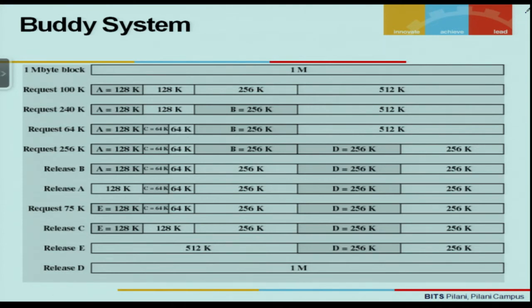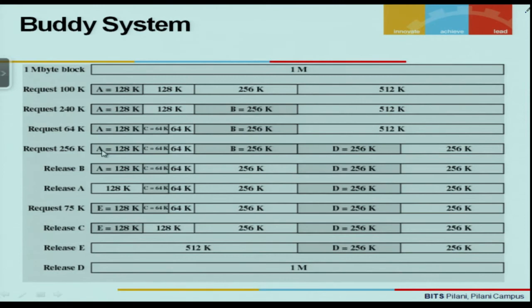Then we make another request of 256K. We find that in this half of the memory there is not enough space, so we go to the next half. We try to divide 512K into two equal buddies.